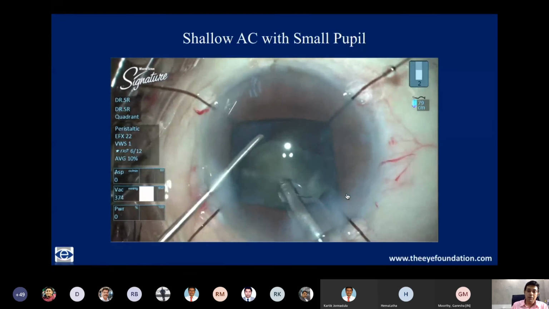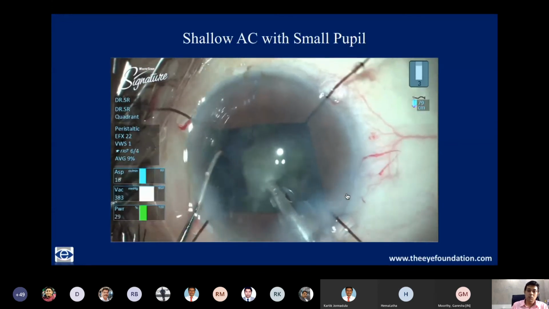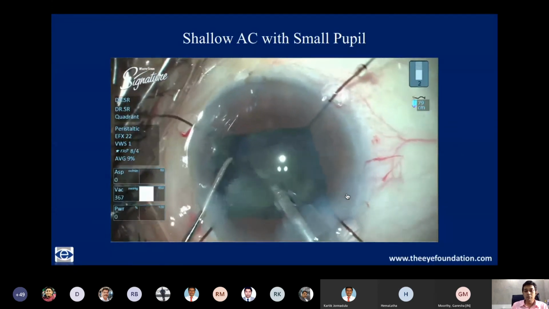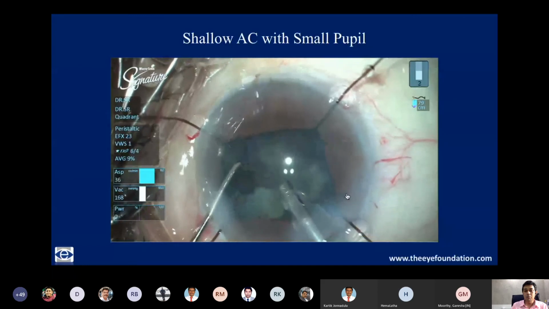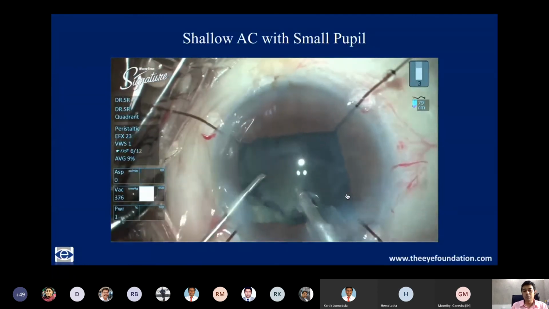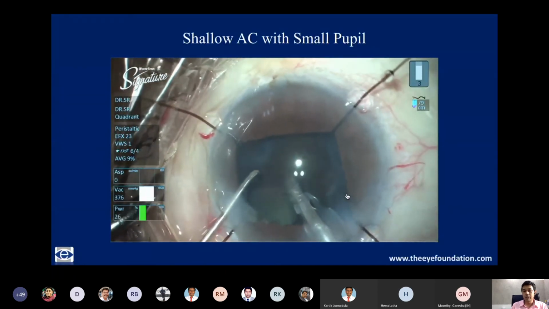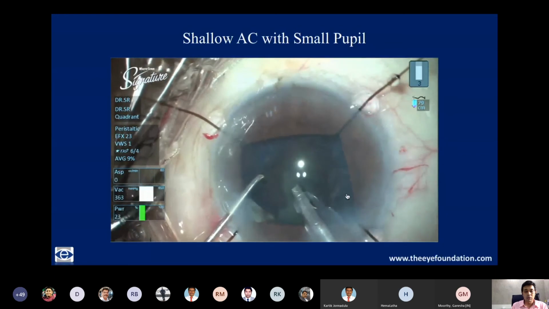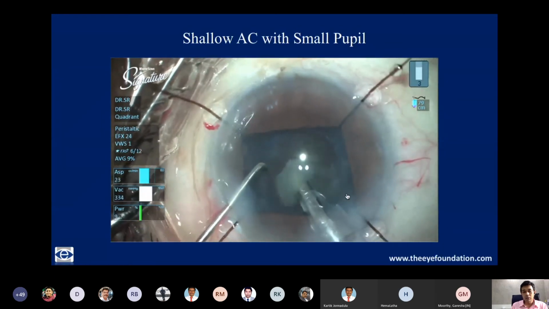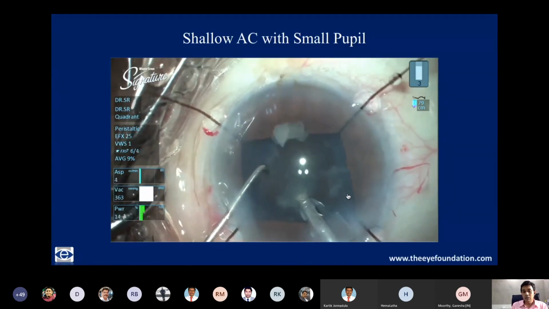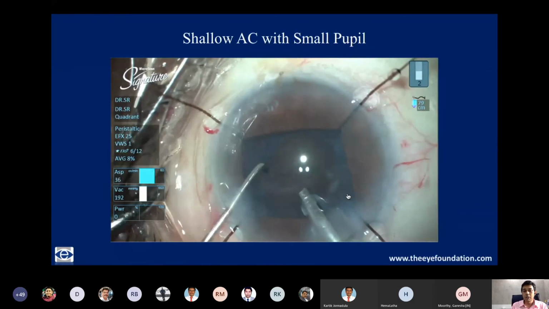You can again sub-chop, as you can see here, even in the harder cataracts as well as the softer cataracts. Even if you've made your initial direct chops, if a piece is particularly large, you can at any point of time just hold it and sub-chop it and then go ahead with your phacoemulsification. Again, as you can see here, the parameters going up to 500, 550 vacuum, and still the chamber is exceedingly stable.